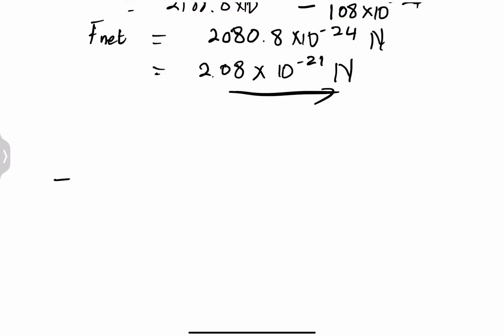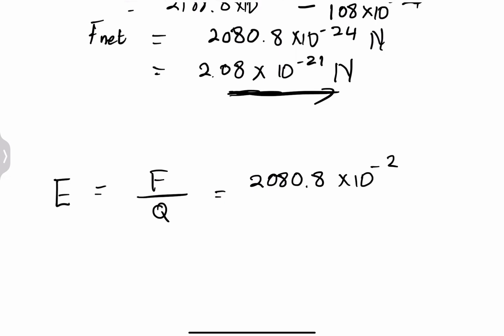So we know that E is equal to force divided by the charge, right? So that's E equals F over Q. We found the net force there. And in this case, I'm going to take that original answer because I don't trust the other one. So that's times 10 to the exponent minus 24. This is divided by